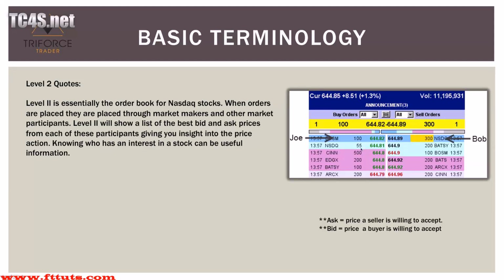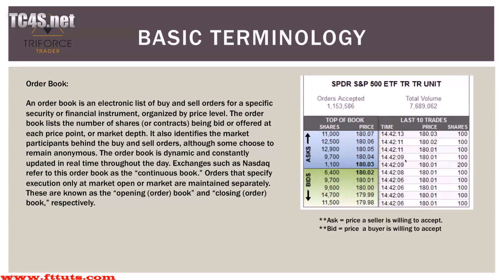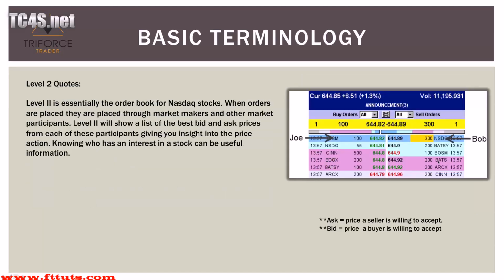So do not confuse this though with time and sales data. This is time and sales data. Okay, so you see, for every minute or second that goes by, it's going to tell you. So at 2:42 and 9 seconds, there were 200 shares that were bought at $180.01. Okay. Level 2, on the other hand, all right, is going to tell you,